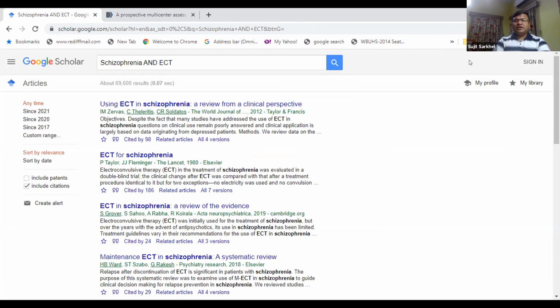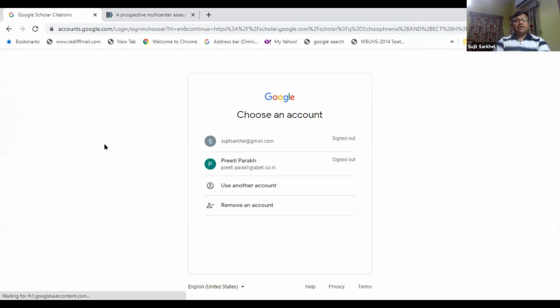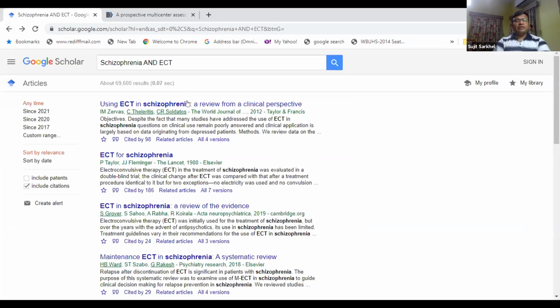What are the other functions that you can perform with it? When you look at this star, if you press it, it gets fixed, and then subsequently it can be mailed or put in the library, so it can be saved. Here is sorting of the articles you can do in terms of timing, or you can sort by date.